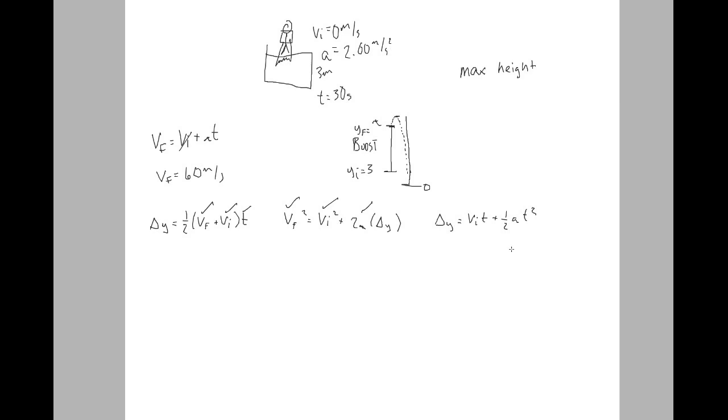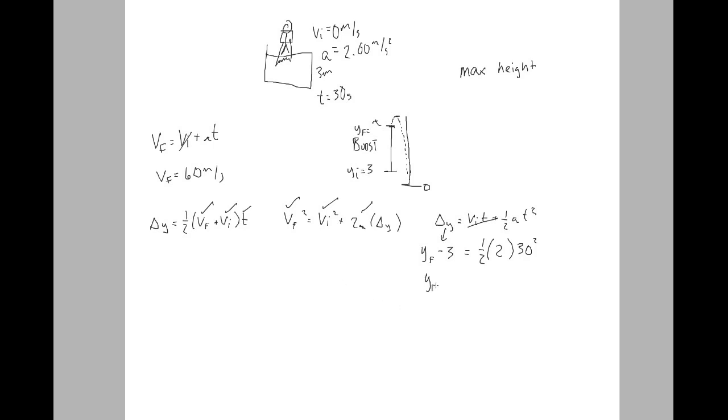Okay? I'm going to choose this one because my v initial is 0, so that goes away. Another way to write delta y is y final minus my y initial, which is now 3 meters, and that equals 1/2 my acceleration for the boost phase. Remember, I'm still on the boost phase, it is 2 meters per second squared, and my time is 30, and that time gets squared. So to find my y final,